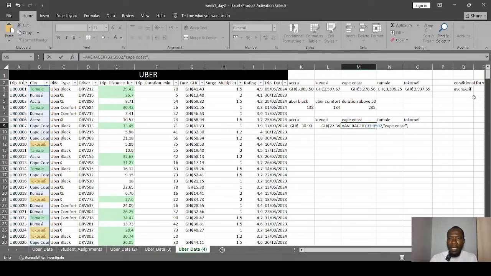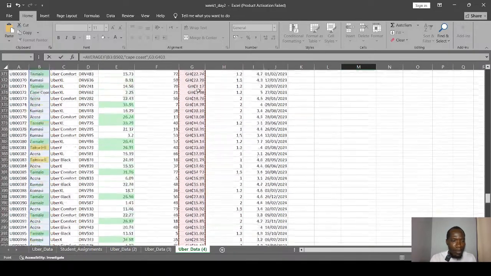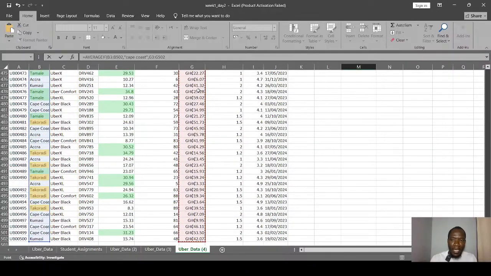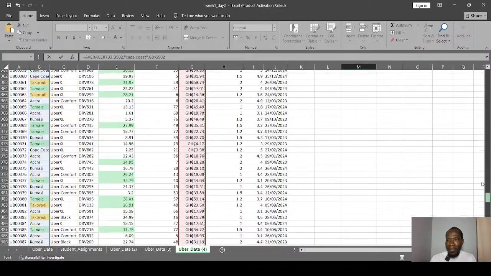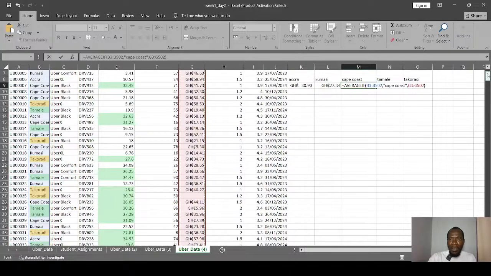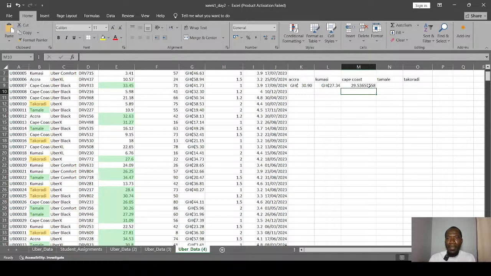Then from there we go to the average range for the fare. So G3, Control Shift down arrow, down arrow, down arrow. Yeah, I can't even overflow again. Oh, good. I close the bracket, enter, and hey, Cape Coast people also like coins a lot. So let's change it to currency. Good. It's looking good.